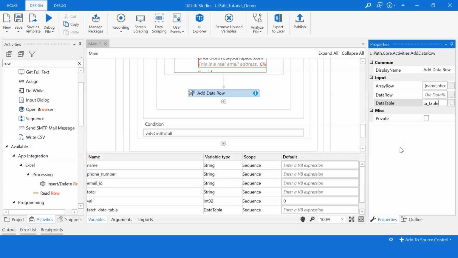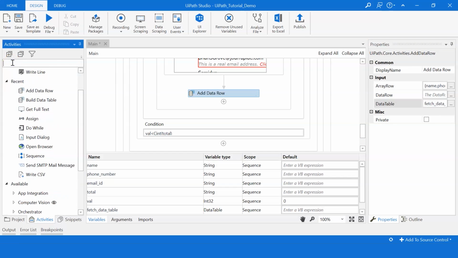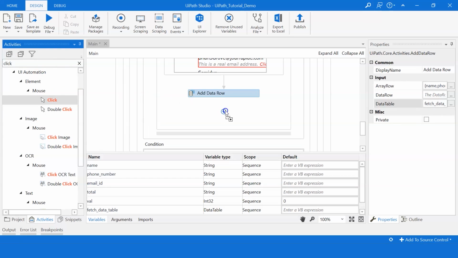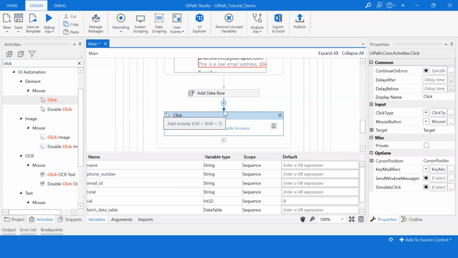Then we need to refresh the page to extract the next set of information. So for that, I will add another activity called click and drop it right below the add data row. So under activities, I'll search for click and I'll select mouse click and I'll drop it right below this one.